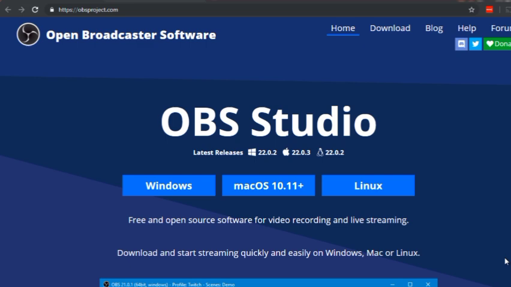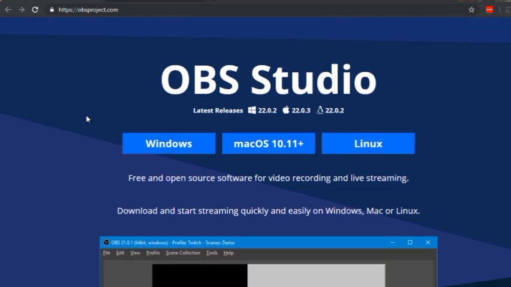So in order to create a YouTube live stream, you're going to need to have broadcasting software. There are many. You can go to YouTube and type in live stream, how to set it up, and there are a lot of videos on that. But this is one particular one that we have used and that has worked really well for us. It's called Open Broadcaster Software, and it's free, best of all. And that is located at